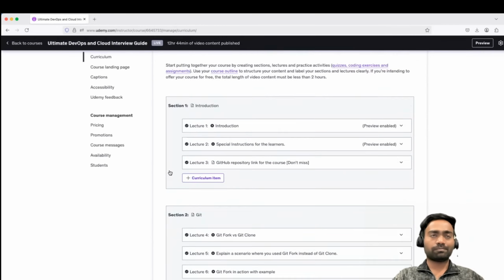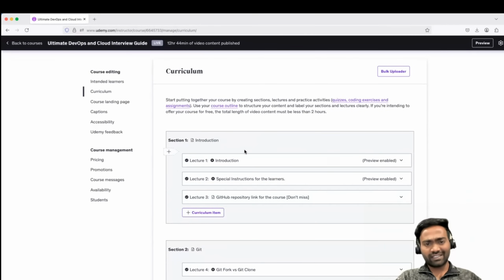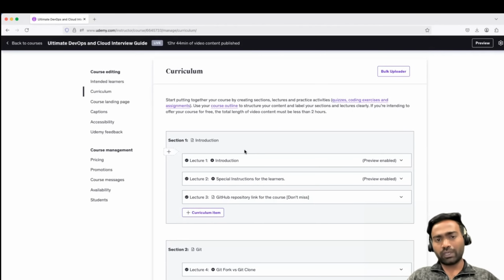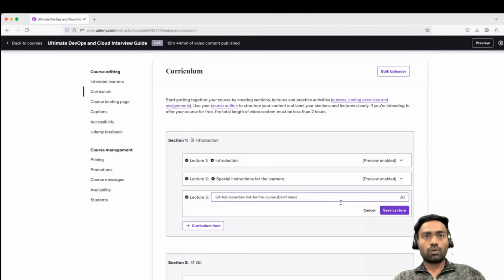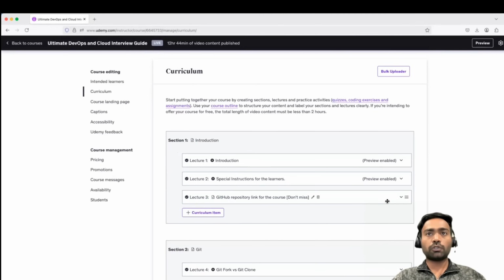For example, the first section is introduction. In the introduction, I'll just give you an overall prerequisites for this course and where exactly you can get the notes for the interview questions. So basically, we have also put the notes for each and every question. And especially what I like about the notes, if I quickly show you the notes,